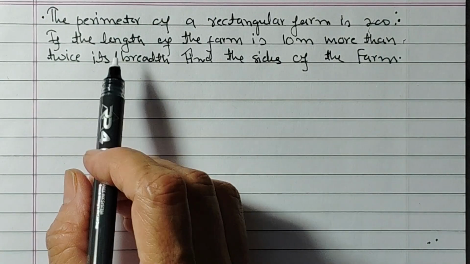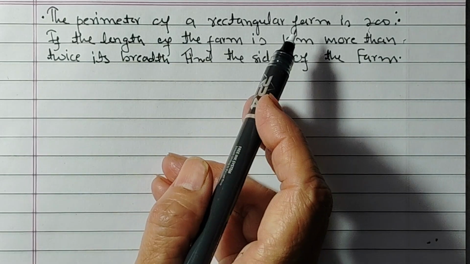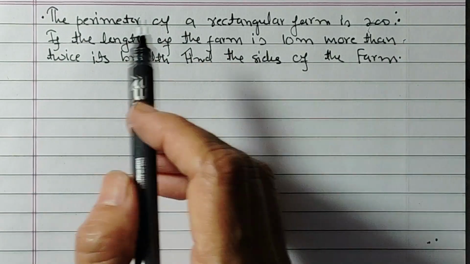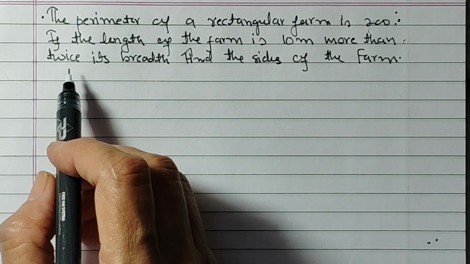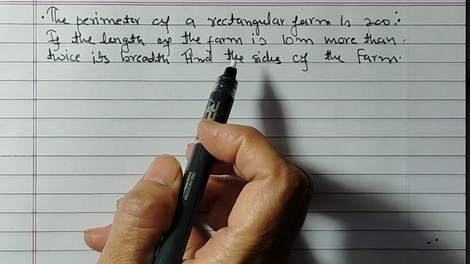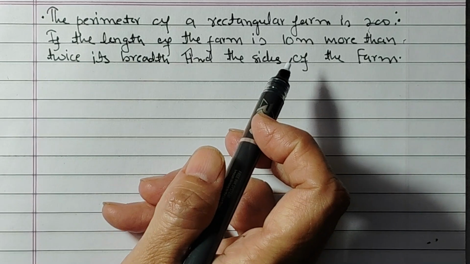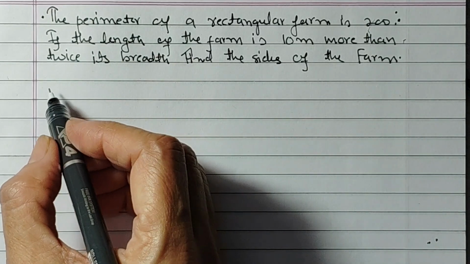So this is our question. The perimeter of a rectangular farm is 200 if the length of the farm is 10 meter more than twice its width. Find the sides of the farm. Solution would be